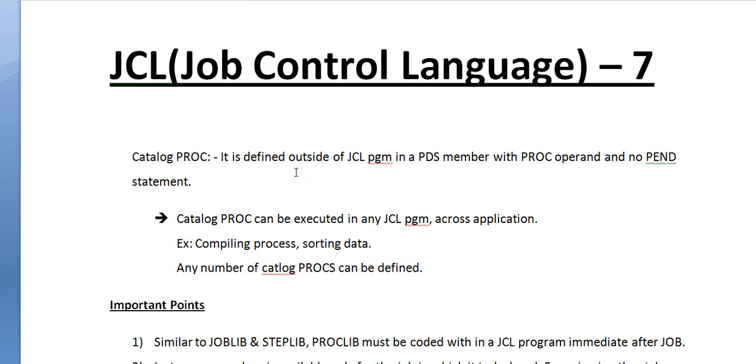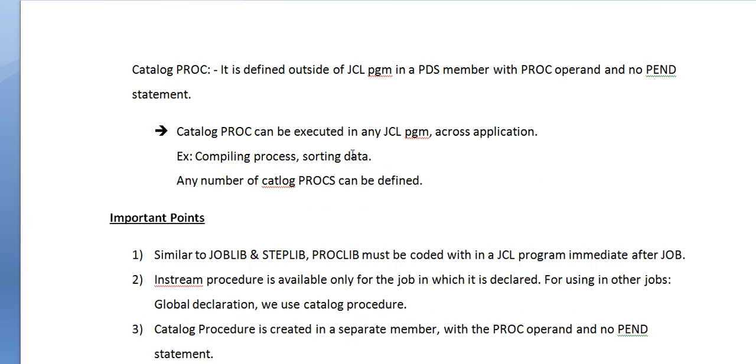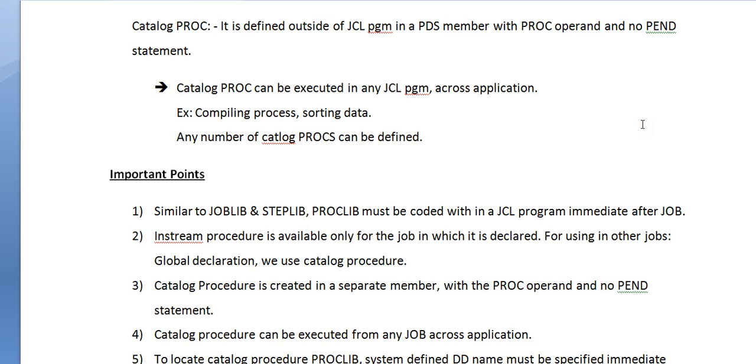A catalog proc is defined outside of the JCL program in a PDS member with PROC operand and no PEND statement. Please make a note of this. So a catalog proc can be executed in any JCL program across applications. Examples are compiling a program or sorting data. I have a sort step, and instead of coding it multiple times, what I can do is